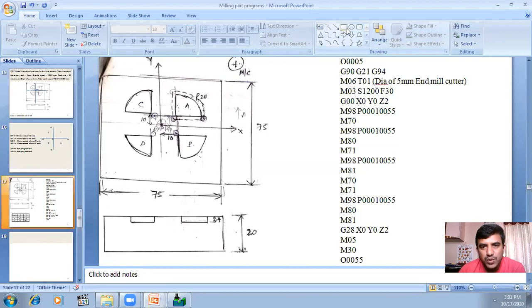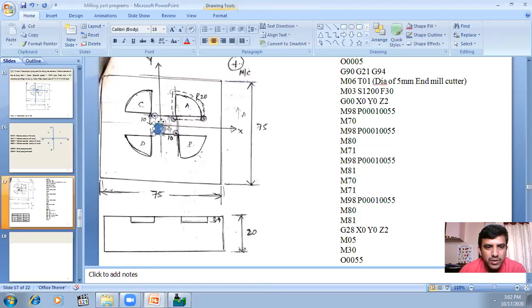Now I'll move the tool. Next we'll calculate the tool path. Earlier the tool is at the home position. This is the home position. Move the tool from the home position to where? To the center of the workpiece. That is the origin of the workpiece. Once you move the tool from the home position to the center of the workpiece, that is the origin of the workpiece. Okay, I'll reduce this diameter.